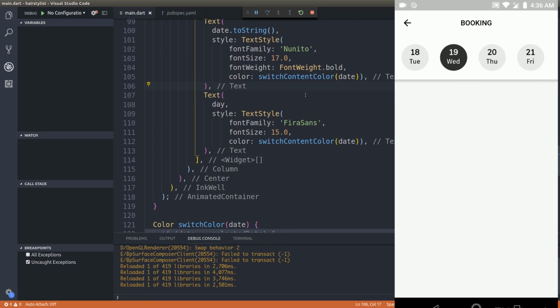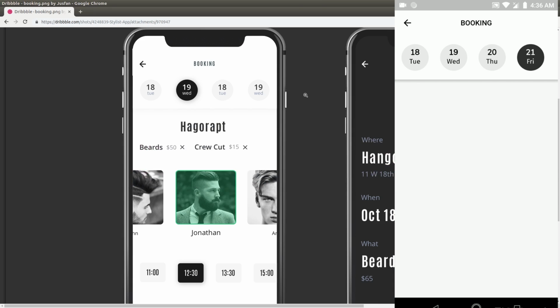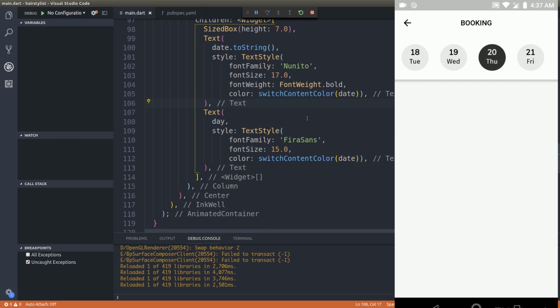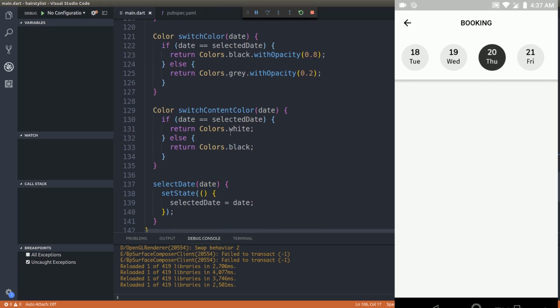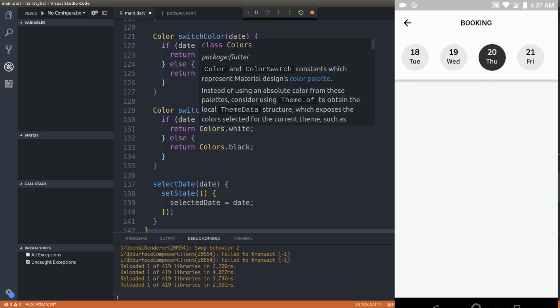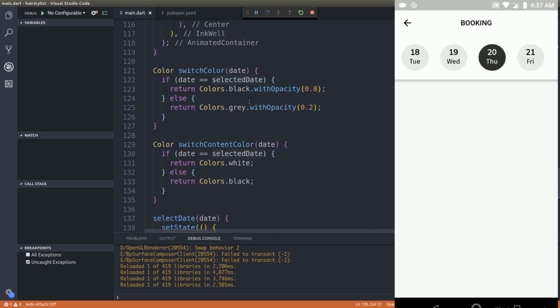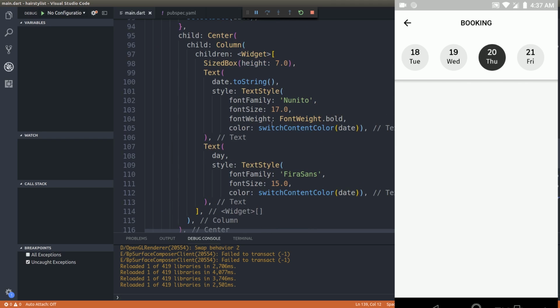Yeah, now it looks a little bit like the design spec, as we can see here. And similarly we can select the options, as you can see here, right? So you understand what I have done here, right? These three functions are simply for selecting the particular date, guys. This is the one that will actually select the date whenever the user taps on that particular option. These two functions will switch the colors, and the switched color is what I am using inside the